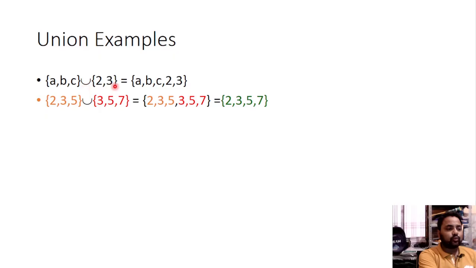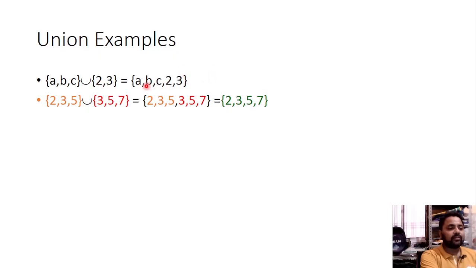{A, B, C} union {2, 3}. In union we have to use the common elements one time, and also we have to include the rest of the elements which are not common, like {A, B, C} union {2, 3}. Here {A, B, C} and {2, 3} are totally different, but we have to combine all the elements using one element common. So here there is no element in common, so A, B, C and 2, 3 are the elements